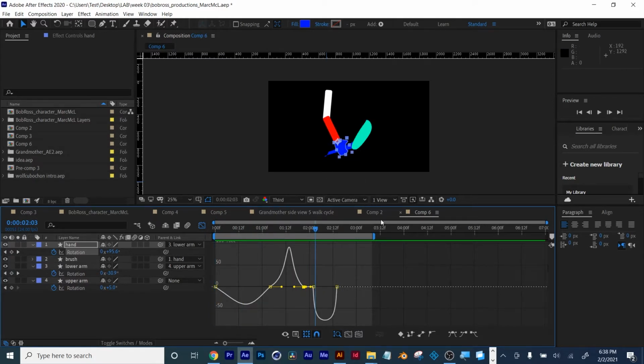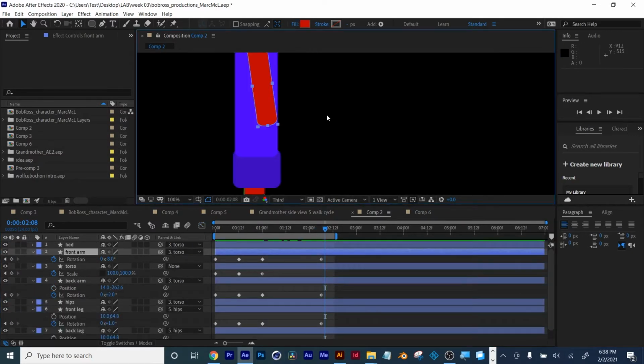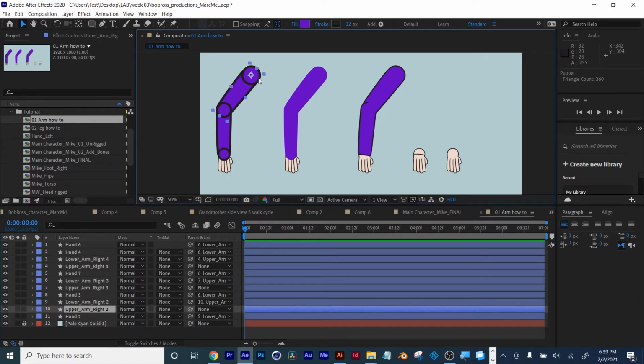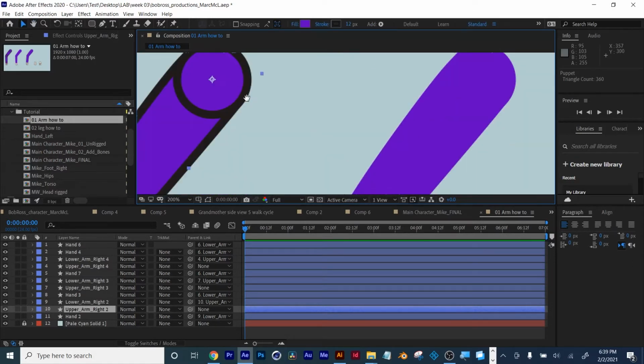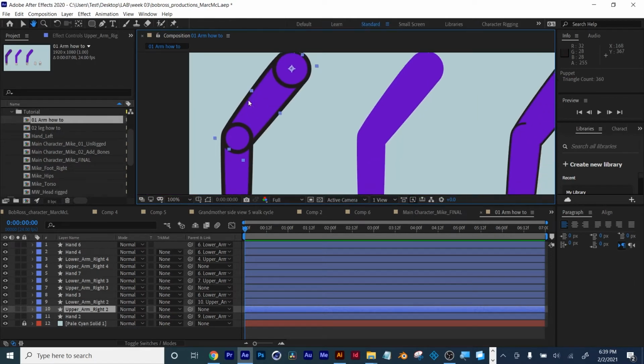Okay, so like I said, just think about all your pieces. Watch where your anchor points are. You want all your anchor points to be where they join up with the body. Like the shoulder, it's going to be there. Also, where your joins are, since it's a human, you're going to want to have rounded joins, okay? Like this circle. If you want the arm to taper down, let's pretend the circle is 100 wide and you made this 80 wide by the elbow, and you connect with your paths, you're going to have a tapered down